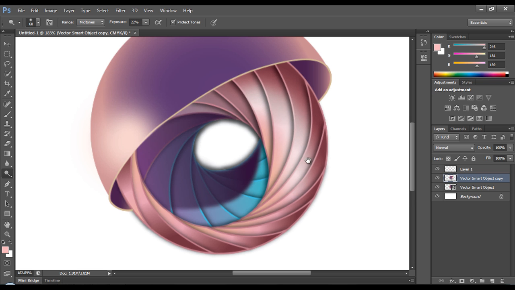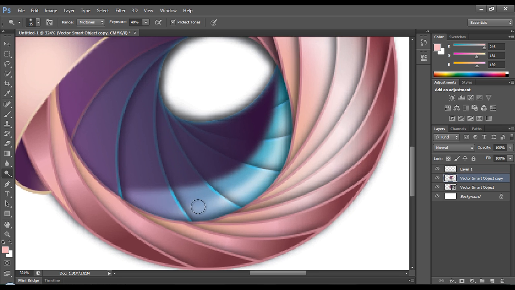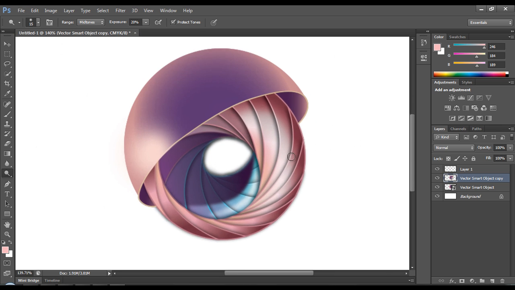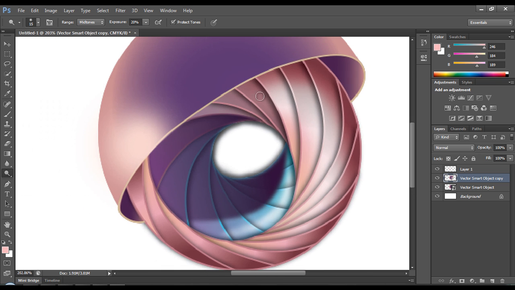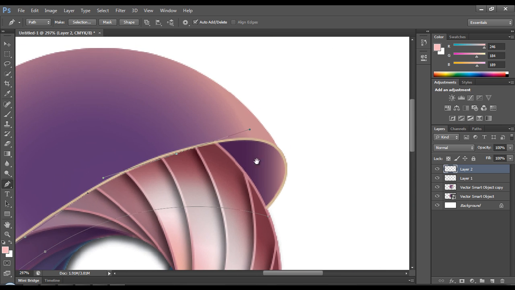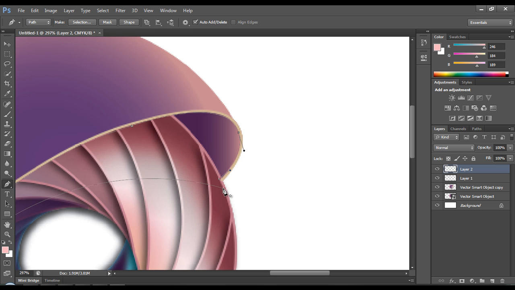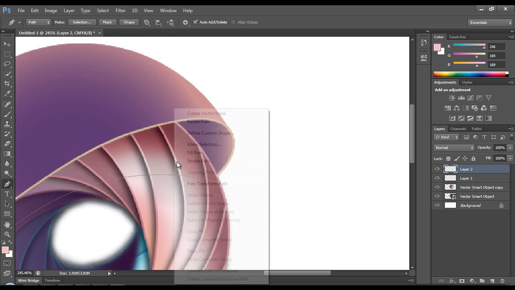You can see we have given that nice gloss effect here and it's looking great. So we got that, and let's add some shadow here. For a while I'll use the pen tool. I'll create a new layer, pen tool selected, going from here, giving that curve, and let's finish it here. So make selection,